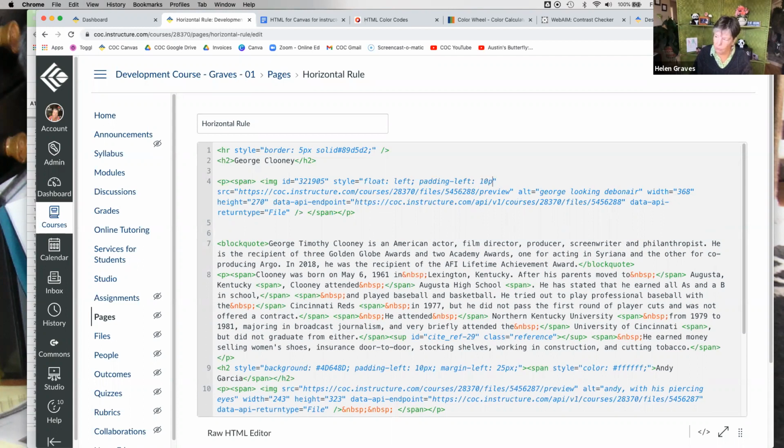I generally use 10 pixels after an image. Some people prefer 5, some people prefer 15. You can experiment and figure out what you like. So 10 px, px stands for pixels. Then again a semicolon to signal to the code that's the end of my padding parameter.